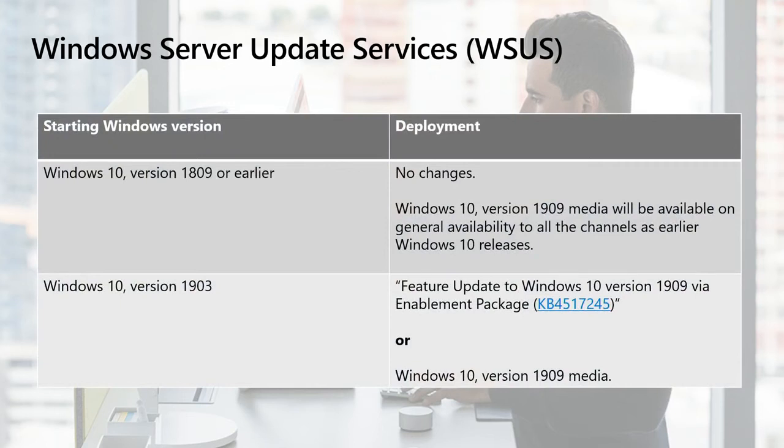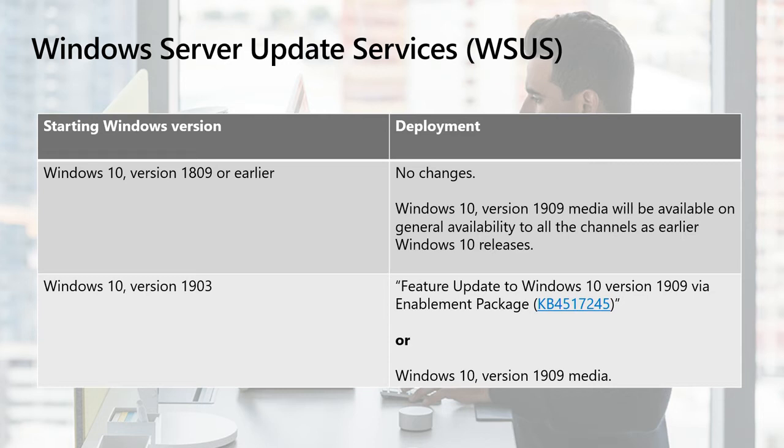All right, so having confirmed that, let's head over to Windows Server Update Services land. It's, again, a very similar story. There are really no changes for you if you are on 1809 or earlier. You'll continue to use 1909 media on general availability as you have been through all your channels using SCCM and/or WSUS. But if you are using Windows 10 version 1903, we are going to make available something called